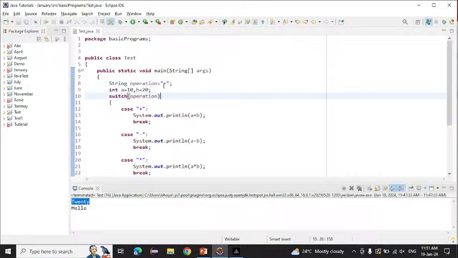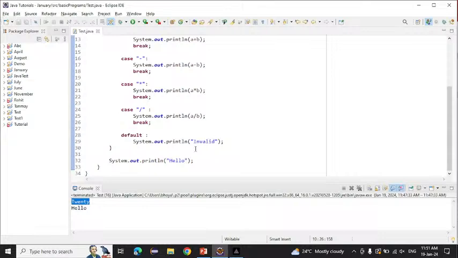If we provide an operation other than these, what will it print? It will print invalid operation. Okay. Now simply,